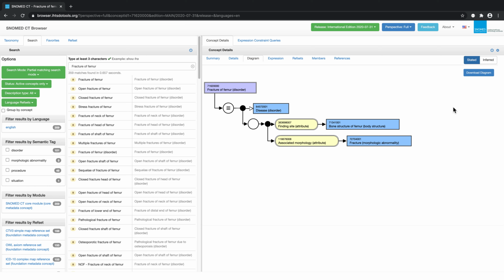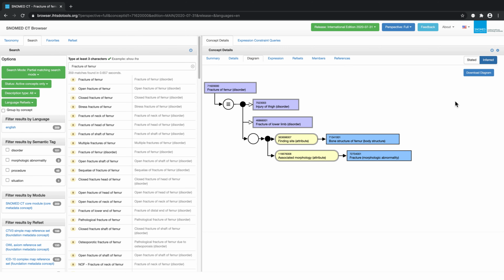Once these inferred relationships have been generated by a classifier, the resulting view is called the inferred view. When a clinical system uses SNOMED CT, it takes advantage of all these logical inferences by using the inferred view of SNOMED CT.